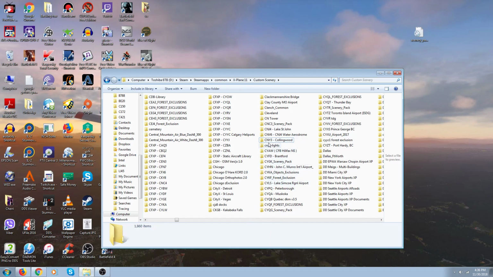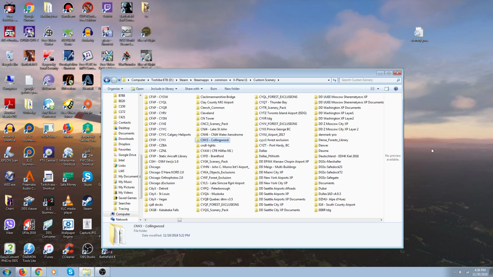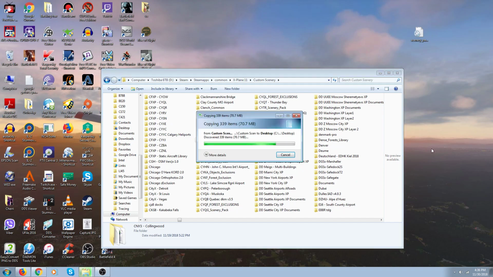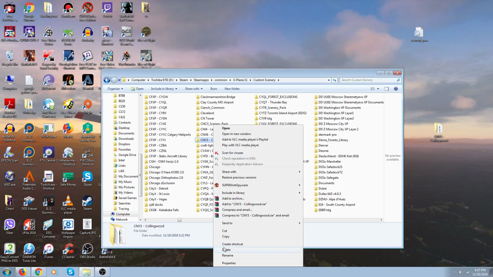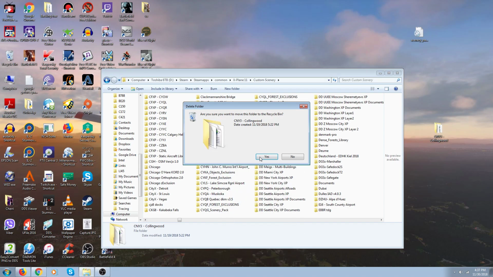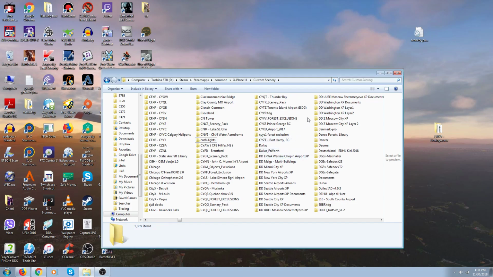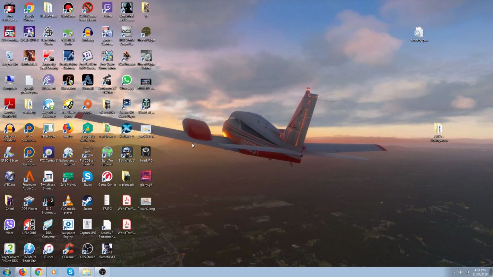Or the quick way, because I'm not going to get rid of it. So I'll just hold down the left mouse button and I'll drag a copy of it over to my desktop. And then I can right click on it and delete it out of my custom scenery. Now remember that the CNY3 was at the top of the list in the ini file. So then, because I've removed it from the custom scenery folder, when I start my game again,